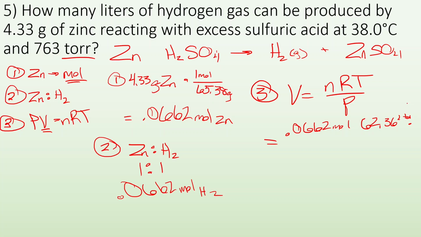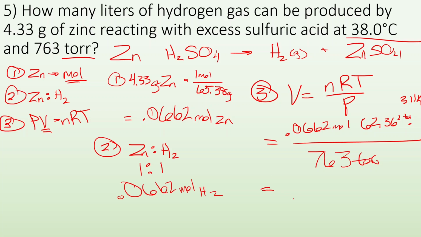My temperature is 311 Kelvin, right? They gave me Celsius, convert that to Kelvin, divide by the pressure, 763 torr. When I do that, all my units cancel out except for liters, and I end up with